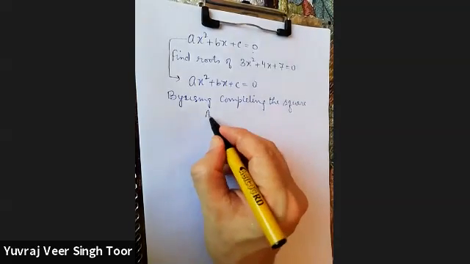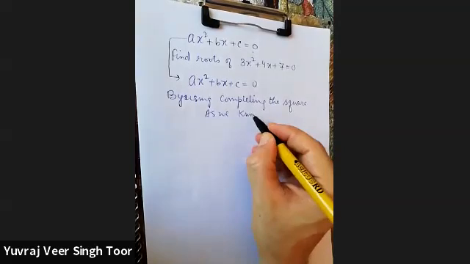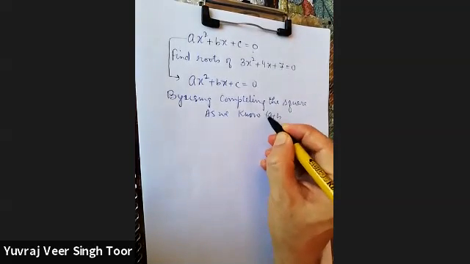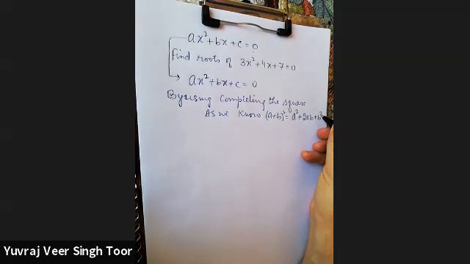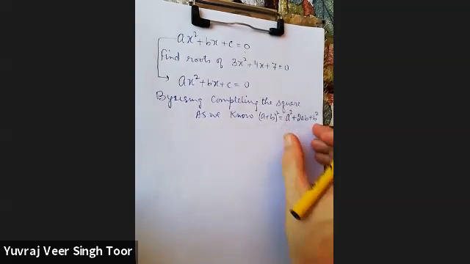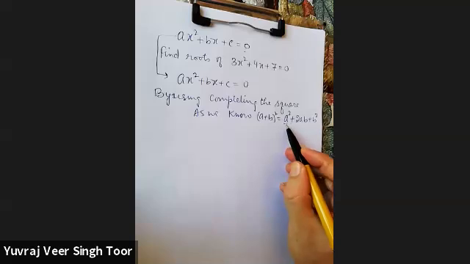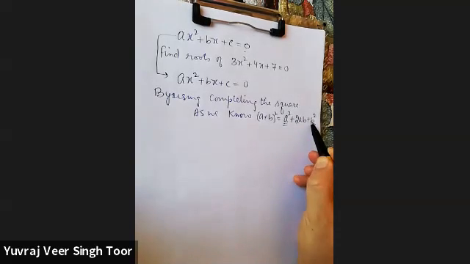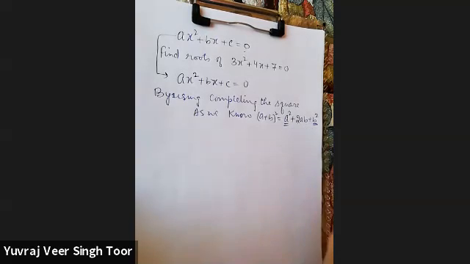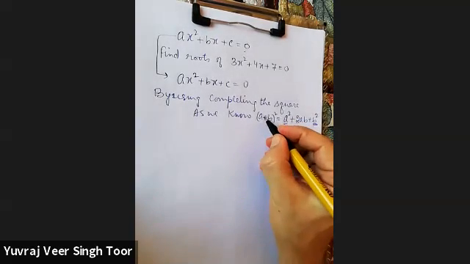As we know, a plus b whole square has three terms: a square, 2ab, and b square. There are three terms. Out of these three terms, two of them have to be perfect square, and one term should be twice the product of the base of the square term. That will give us a complete square.